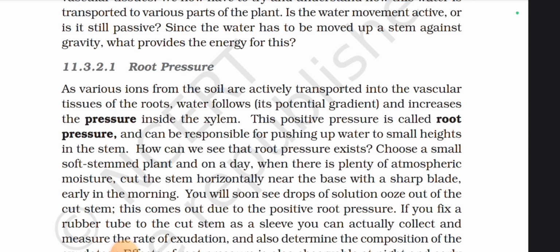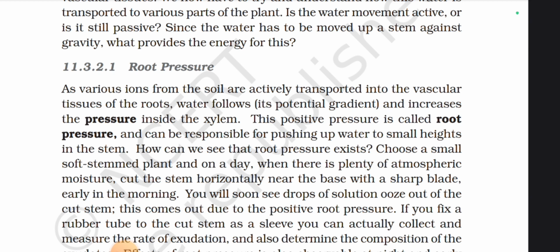As various ions from the soil are actively transported into the vascular tissues of the roots, water flows down its potential gradient and increases the pressure inside the xylem. This positive pressure is called root pressure. Root pressure positive होता है and can be responsible for pushing up water to small heights